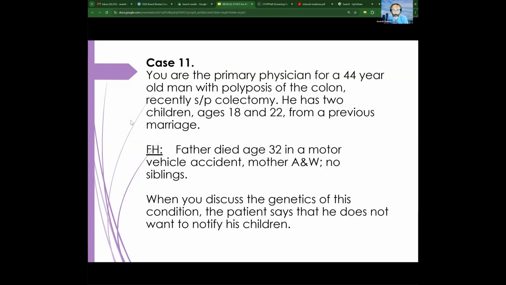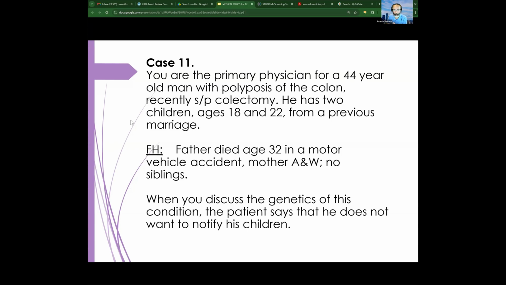Okay. We're going to get to another really thorny case, one that might be really uncomfortable for us as clinicians. So, case 11, you are the primary care physician for a 44-year-old gentleman who has unfortunately polyposis of the colon, so FAP, and recently had a colectomy to reduce the risk of colon cancer. He has two children, ages 18 and 22, from a previous marriage, and family history of a father who died at an early age from a vehicle accident. So we don't have any other history to clarify for sure